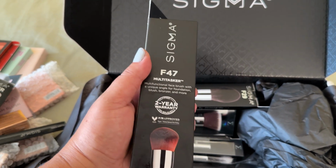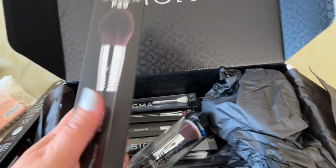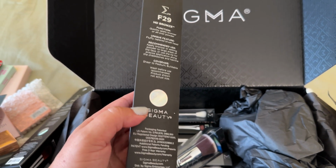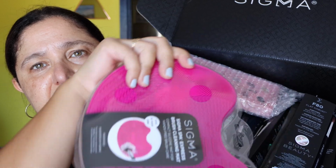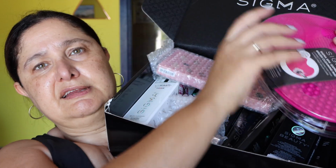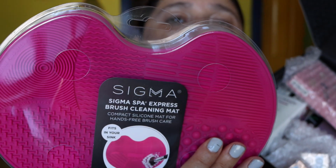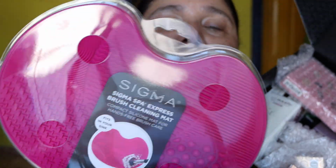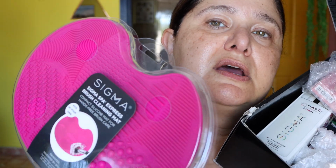Okay, now let's start off with what I've got in this box. Now, like I said, it's a massive, massive box. The first thing that we've got coming out of here is a cleaning pad for your brushes, and it is a silicone-based cleaner, so maybe it helps if I display it the right way. But it's just a little pad, and it's got little different sections where you can get your brushes, sponges, and just use this